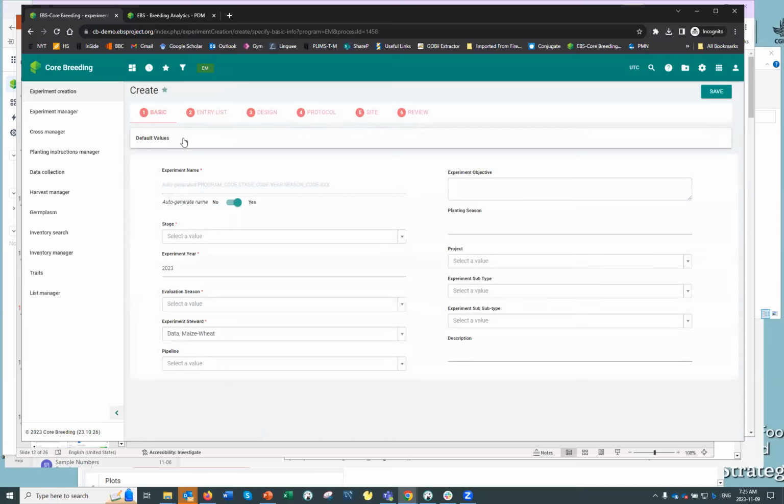First, some basic information has to be provided, then an entry list, and then importantly within breeding trial creation, a design has to be either generated or uploaded to the system. Additionally, information about protocols can be added, and sites can be assigned to the different occurrences for that particular trial, and then the experiment can be reviewed.